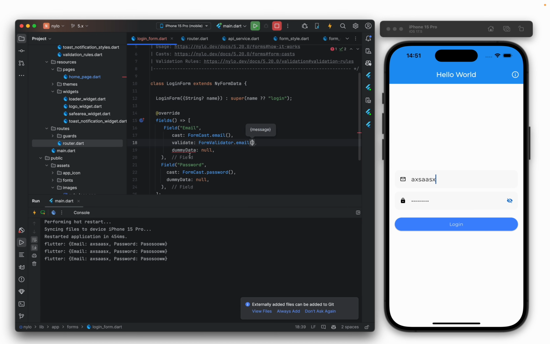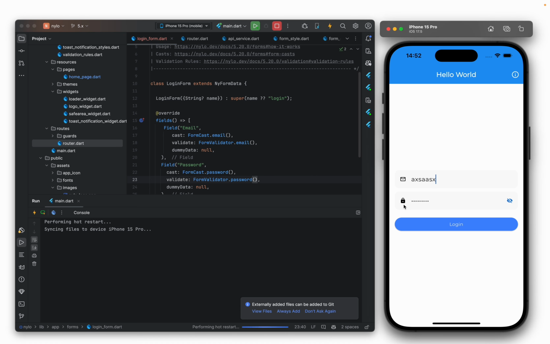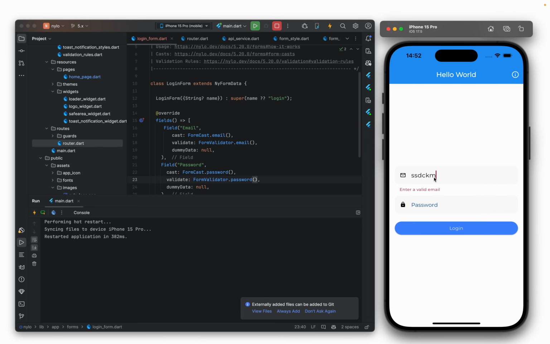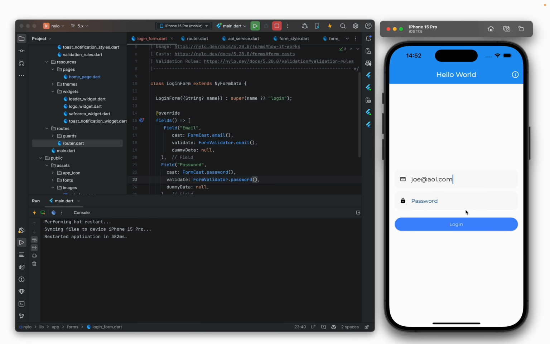For email and password, it's pretty straightforward. There's out the box, there's like some default ones you can use. So we could just say email here and password down here. And now when we build and run, you can see it's expecting a real email. So if we just do John or something like that, you can see that's going to be accepted. And here we need a password with one uppercase letter, one digit, and you can see now we're able to